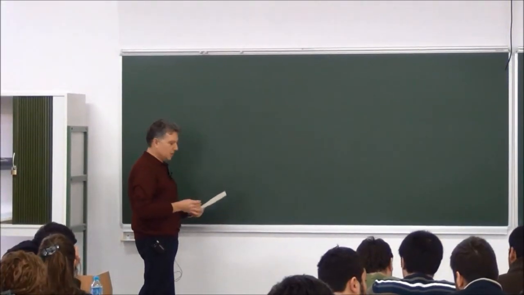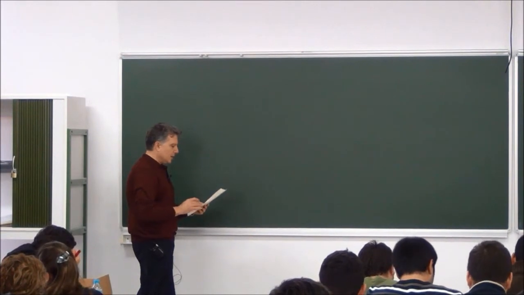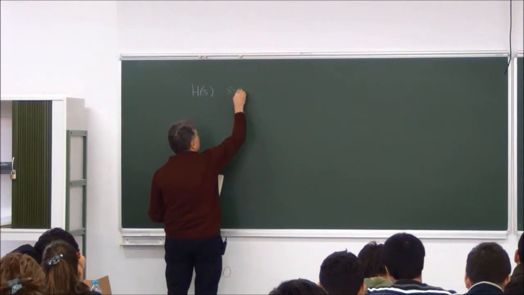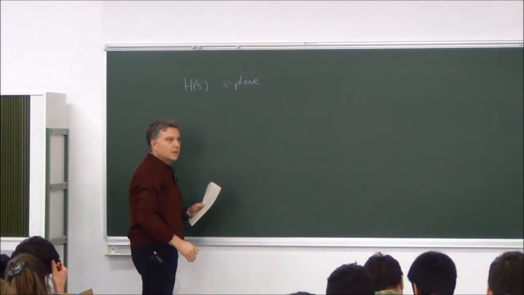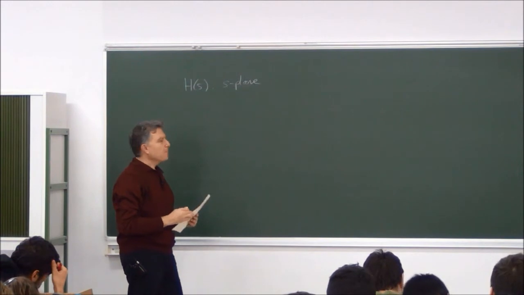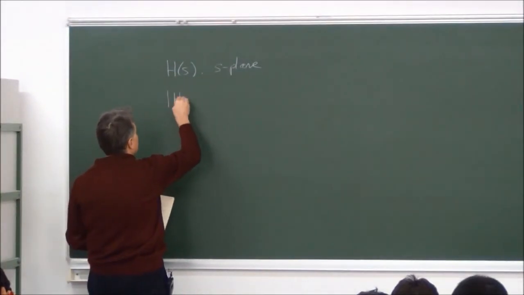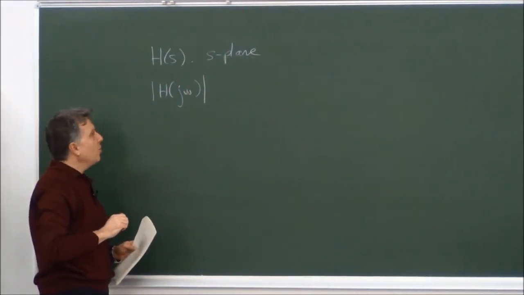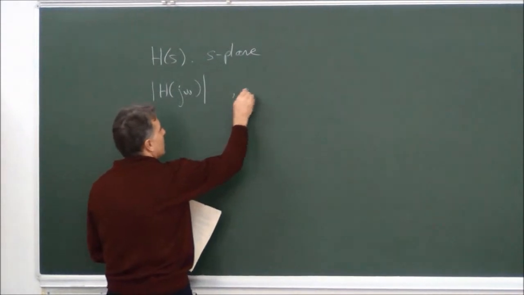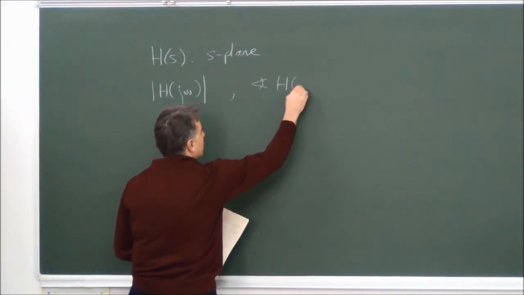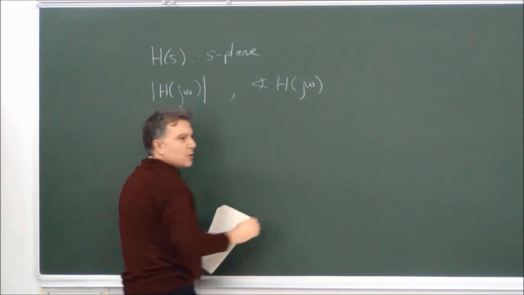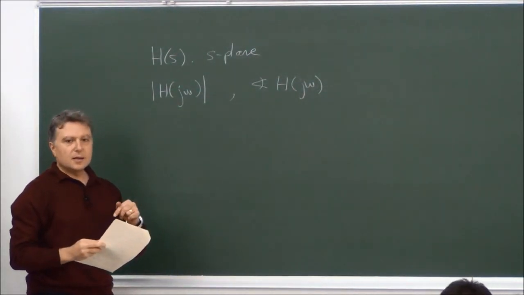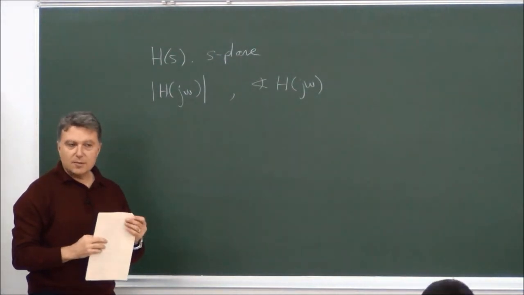The last thing that we saw was, from H(s) on the s-plane, the pole-zero pattern, in other words. By looking at the pole-zero pattern, what does the magnitude response look like, and what does the angle look like? That was one of the problems, and I said that if you take a look at the Java applets on the web page, the link,